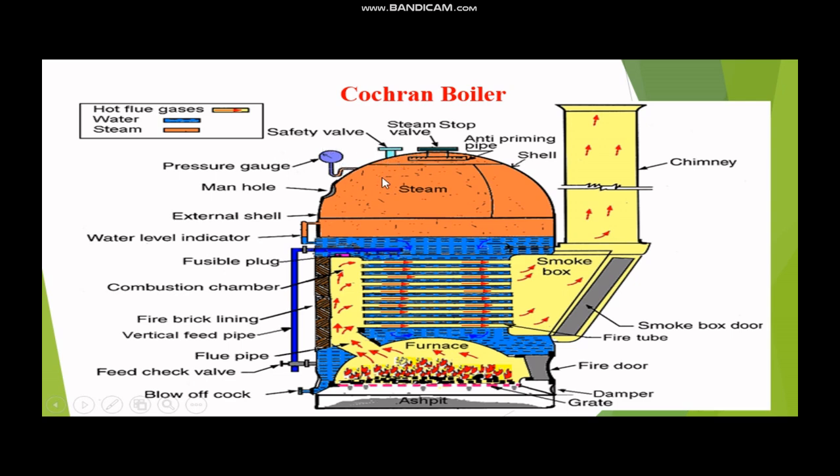How it works we'll see in detail, but in one line I can say that whenever the pressure of the steam exceeds the determined level, at that time the steam is expelled out from the safety valve. Then this steam stop valve controls the flow of the steam. Whether we have to provide steam to the next stage partially or fully, according to that we open this steam stop valve. And here again, anti-priming